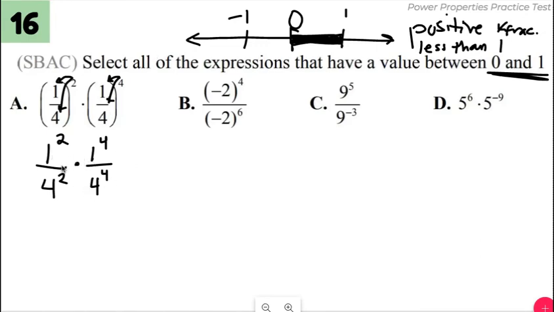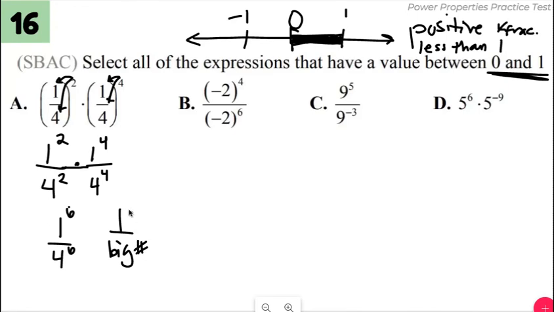Because now if I look at this, I'm multiplying the same base. I can add my exponents, right? I get 1 to the 6th over 4 to the 6th. Well, 1 to the 6th is just 1. 4 to the 6th is some big number,